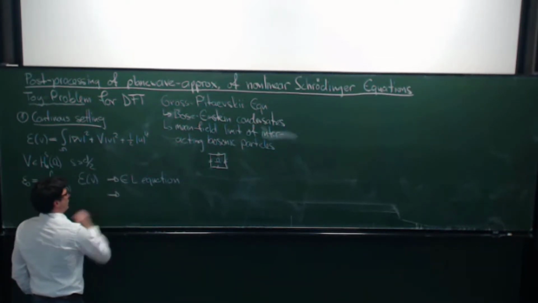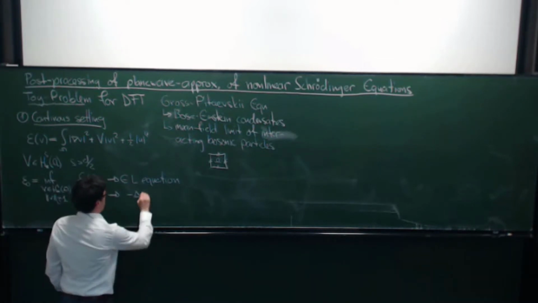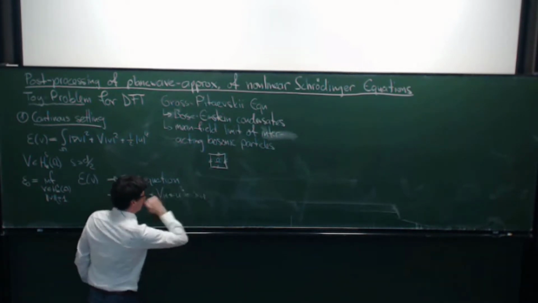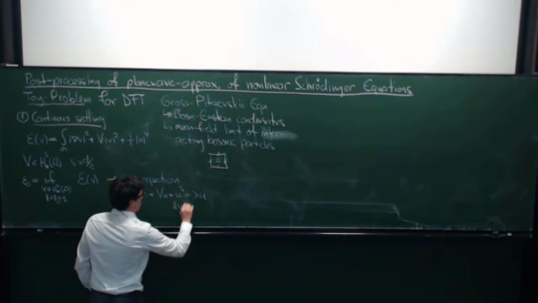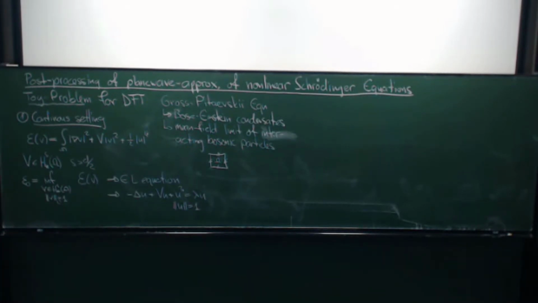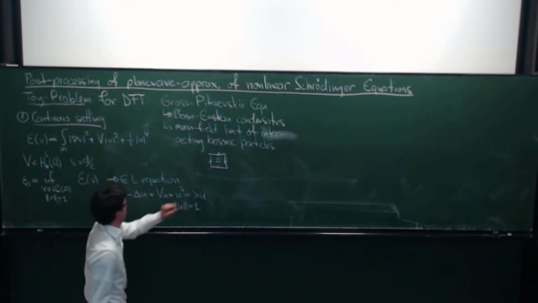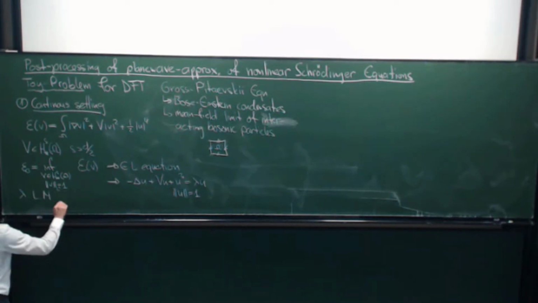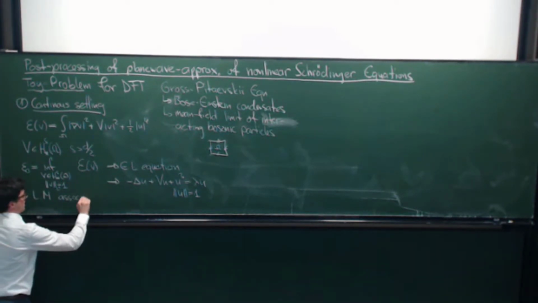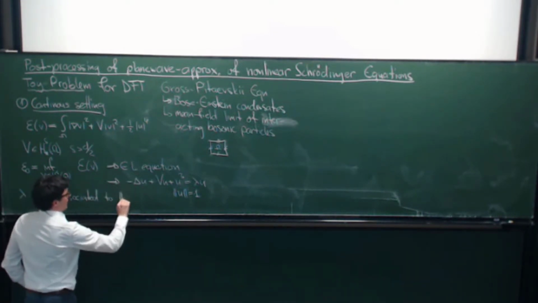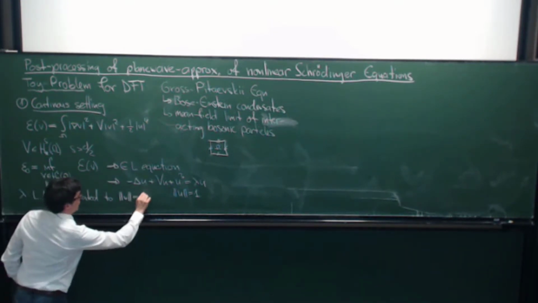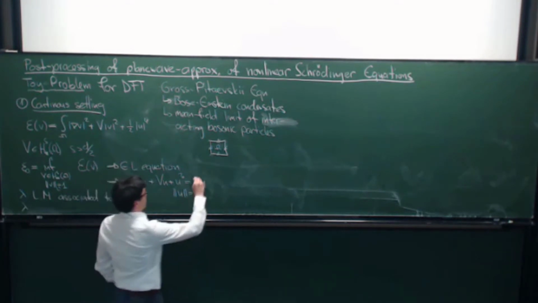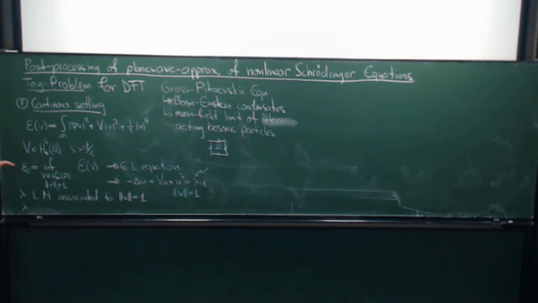which are given in strong form like minus Laplace u plus V u plus u cubed equals lambda u. u should also be of norm 1. And somehow the lambda has two meanings. Lambda on one hand is the Lagrange multiplier associated to the constraint that u should be of norm 1, but it has also the meaning, since we're looking for the lowest eigenvalue because we want to minimize the energy functional,